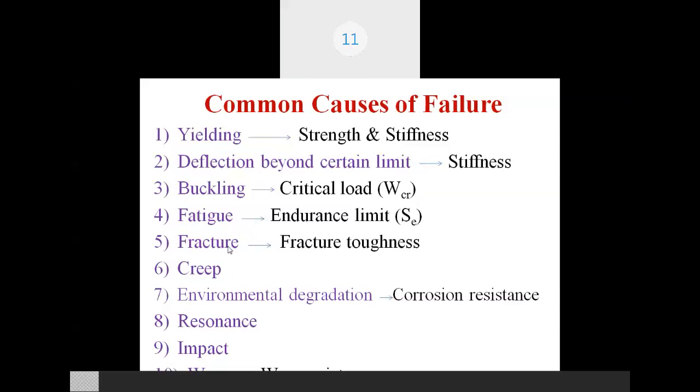Breaking of a component in two pieces? No. That is altogether different. That is the final failure of any component. That fracture has nothing to do with this fracture failure. Formation of a cup and cone in a beam? No, again you are misleading. That is the final failure of a component when it goes beyond yield. Then it goes into plastic, and after plastic it goes for sudden and total failure. That we call the fracture of the component. That is altogether different. But what is fracture over here?